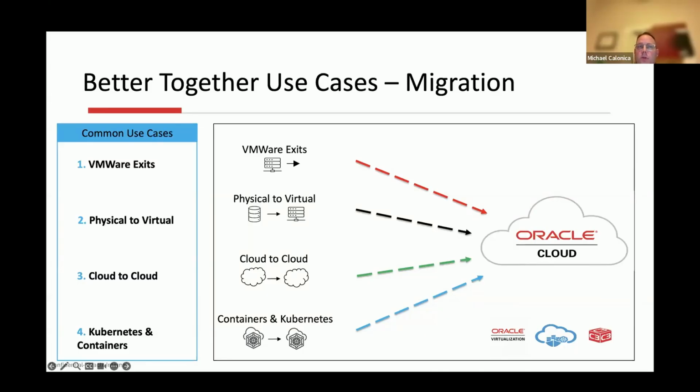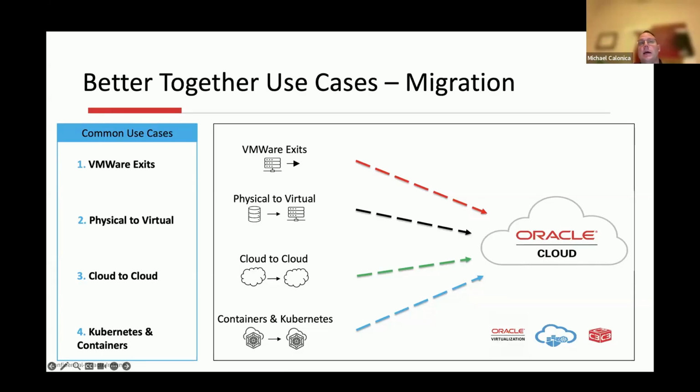And then we have the physical to virtual migration use cases. RackWare modernizes legacy physical servers, converting them into virtualized workloads on OCI or distributed cloud. And this will allow you to retire and move off of maybe legacy hardware and get into more standardized operations and accelerate the modernization without refactoring applications. So this is really great for regulated edge or even sovereign environments.